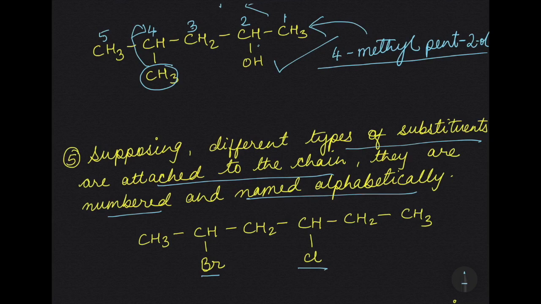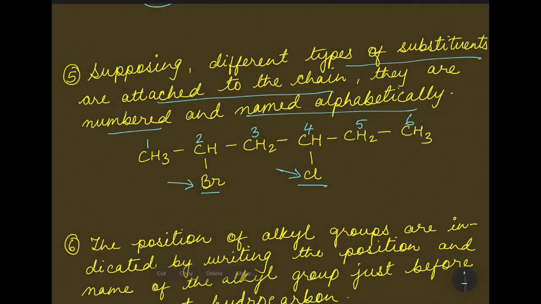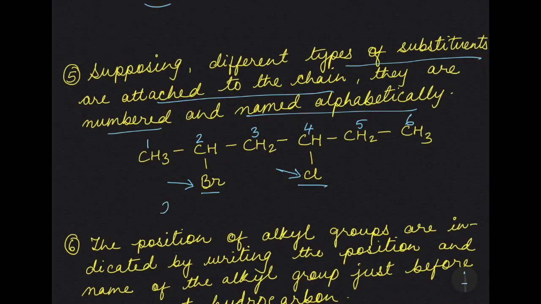So you have to number in such a way that first B, then comes C. So B should get the lesser number of carbon. So you start numbering from this side: 1, 2, 3, 4, 5, 6. Isn't it? So this is your 2-bromo